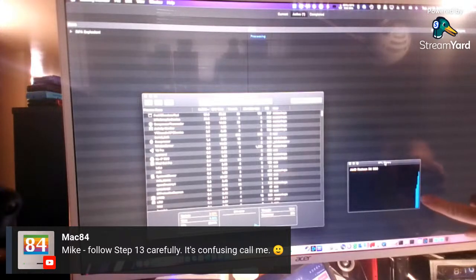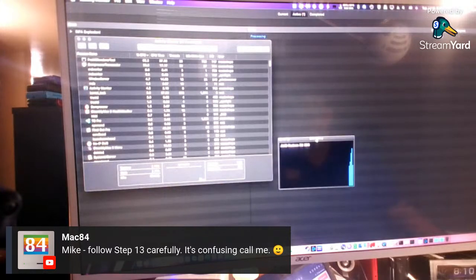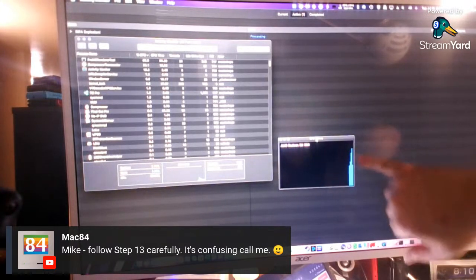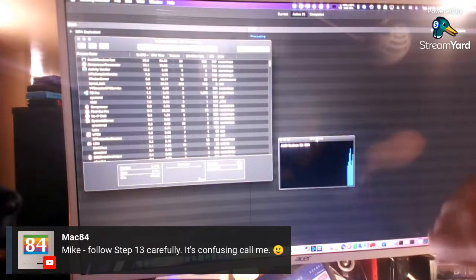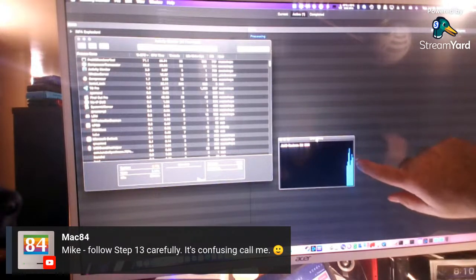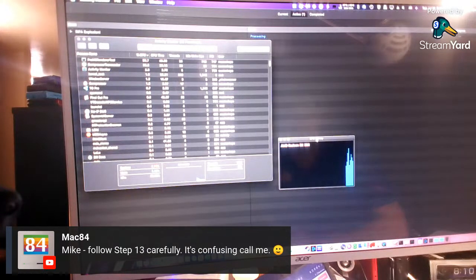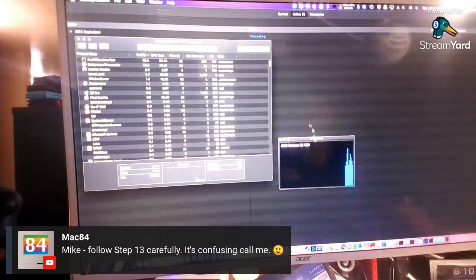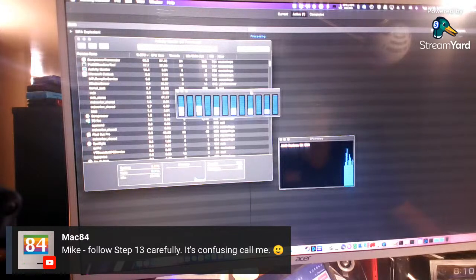So this here is showing the load on my GPU. And I'm not doing anything else on this computer right now. The only thing it's doing is just exporting this video, and it's actually using a good chunk of the GPU to do the encode. And this is a very small video, so